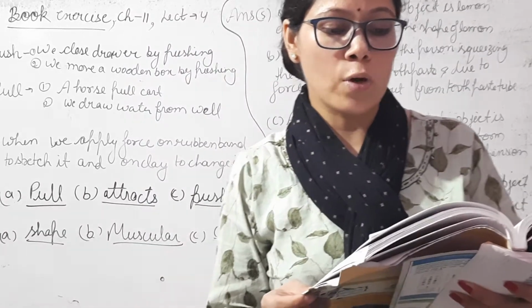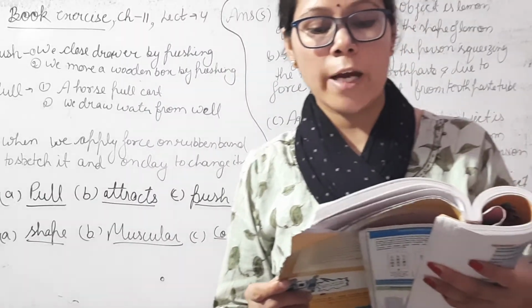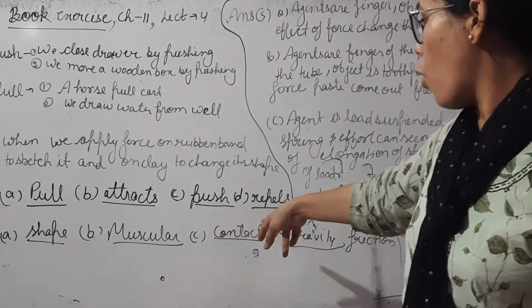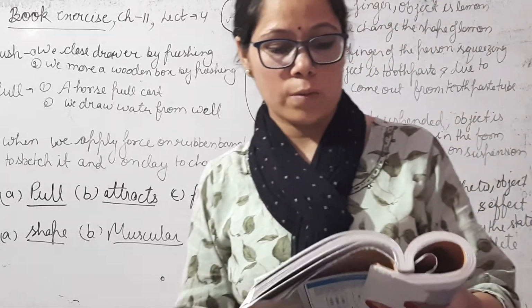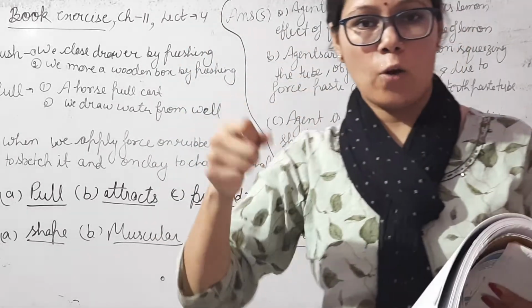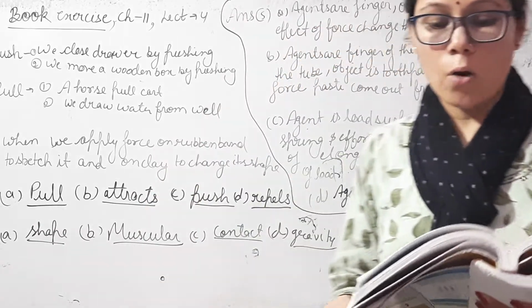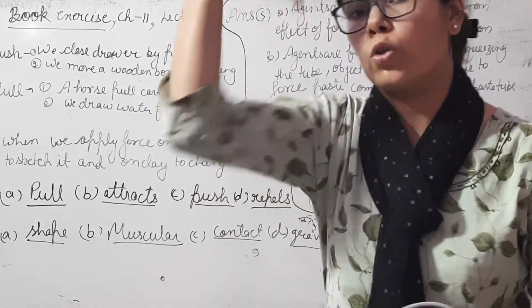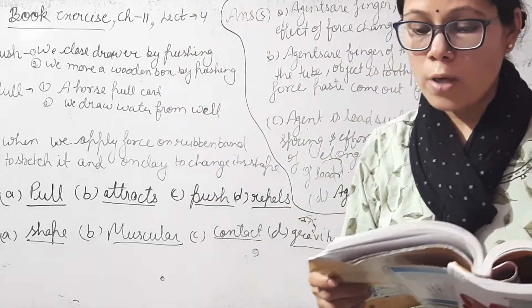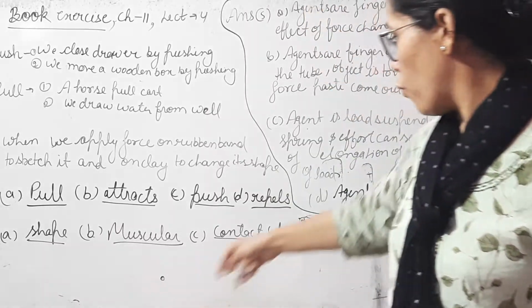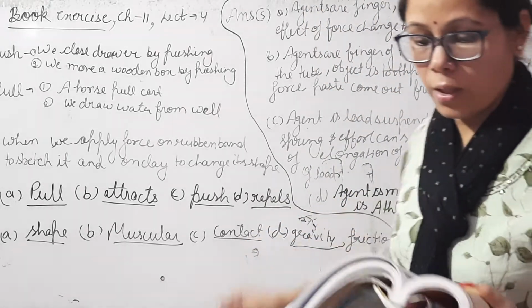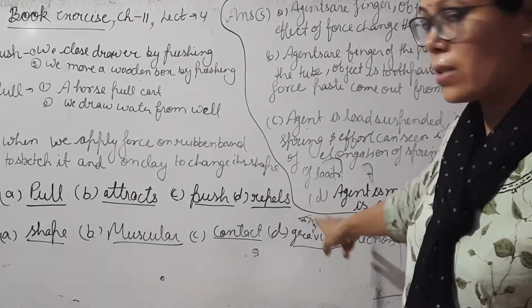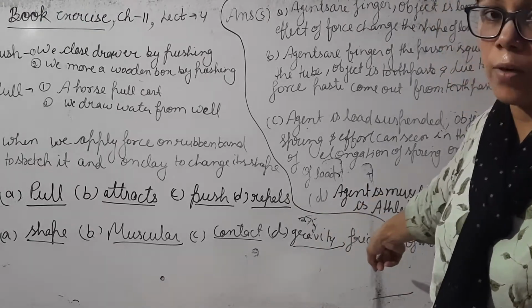Now third, the type of force responsible for a change in the state of motion of the arrow is an example of a contact force, because the bow and arrow contact each other. Now fourth, while the arrow moves towards its target, the forces acting on it are due to gravity and due to friction of air. So the two fill in the blanks are gravity and friction.